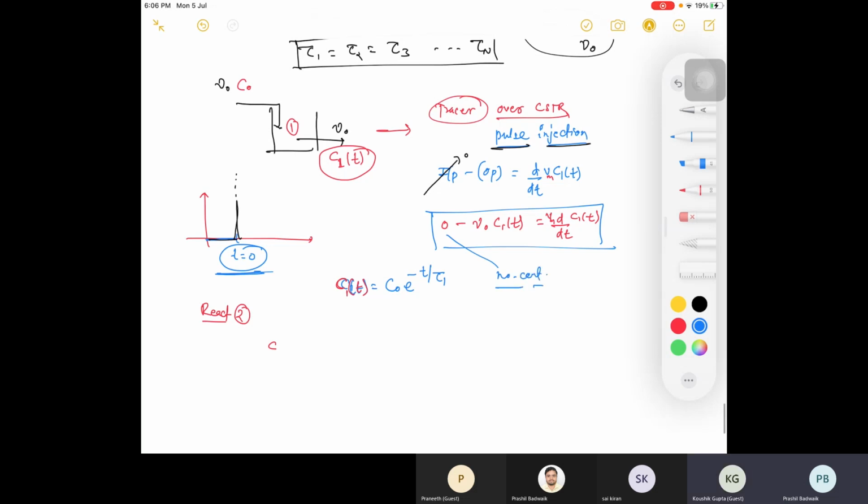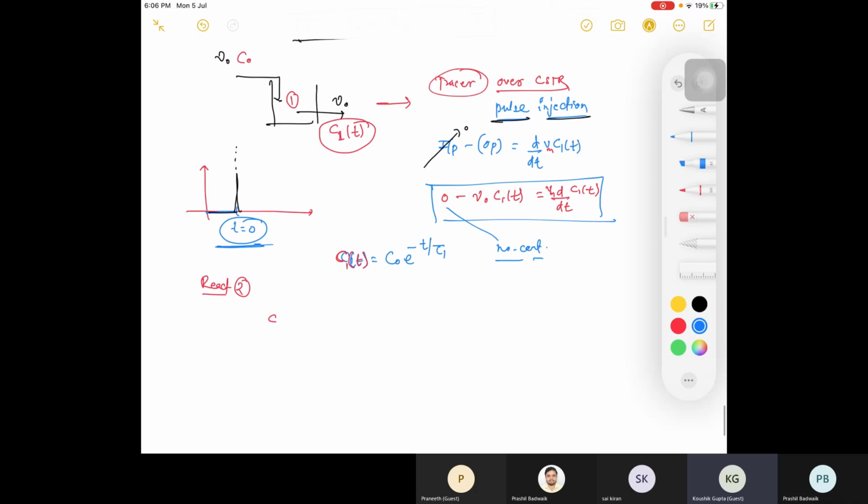There I have explained. Yes, sir, understood. I'm thinking of step tracer, sir. Maybe you are thinking of this stream, which is continuous. But in that stream, you are putting your tracer at an instant, right? So this is tracer balance.